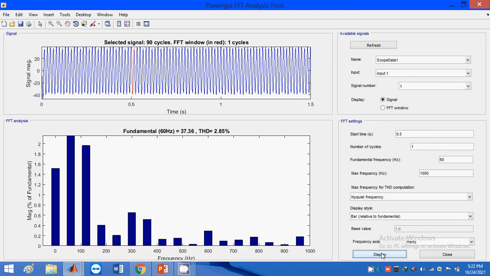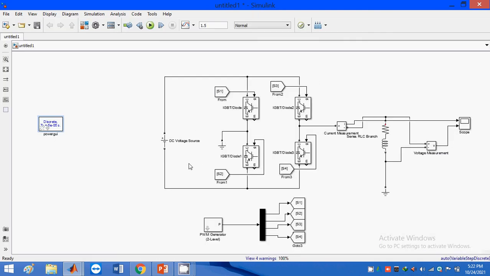So in this inverter we just have 2.85 percent error. THD refers to total harmonic distortion. So this is the total harmonic distortion current waveform for the above design. This is the design. Here what we are doing is converting DC to AC. This is a single phase DC to AC converter with the help of pulse width modulation control.